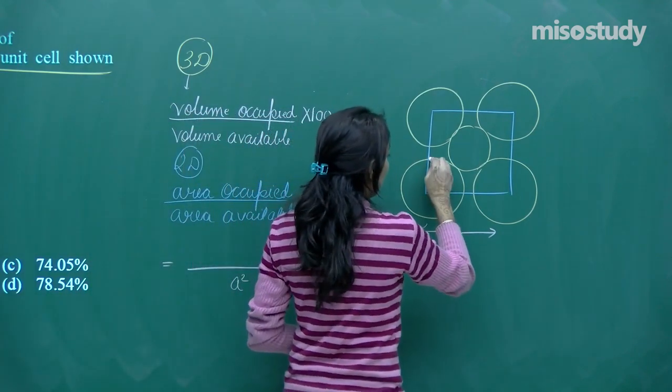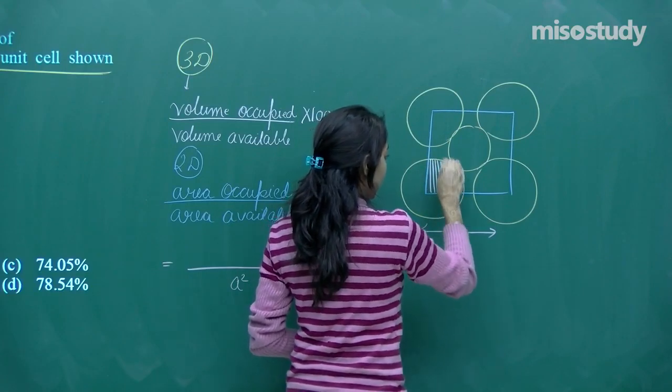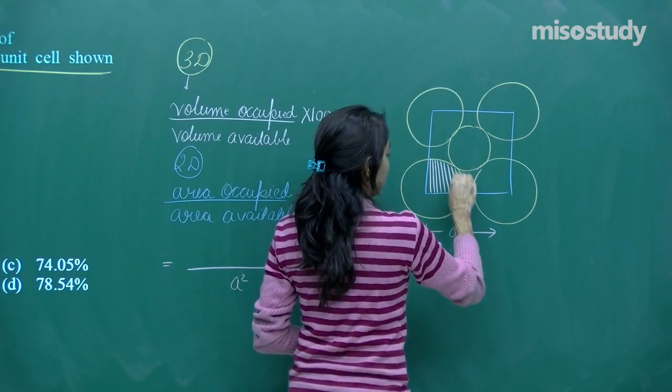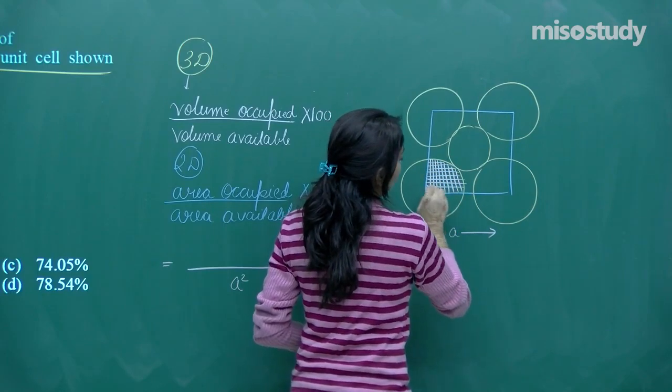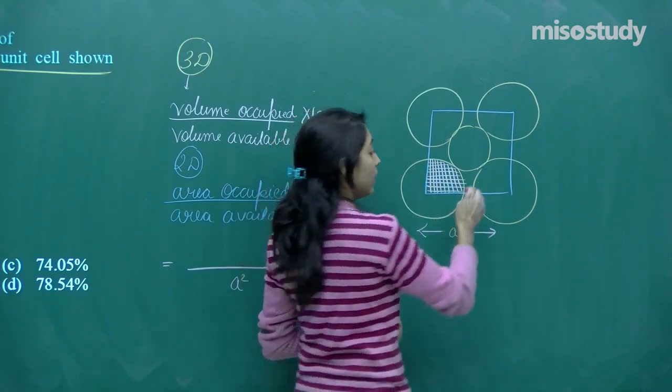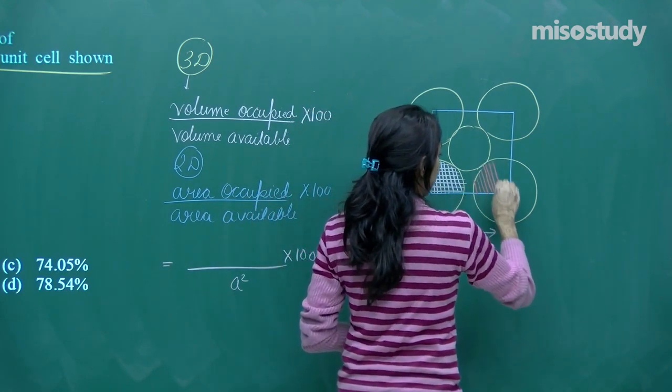So this is what we have just done. Let me write it again. So 1/4 of the area of this circle plus